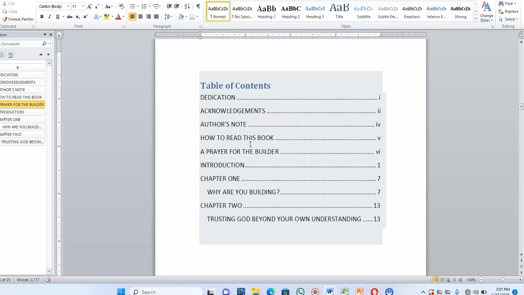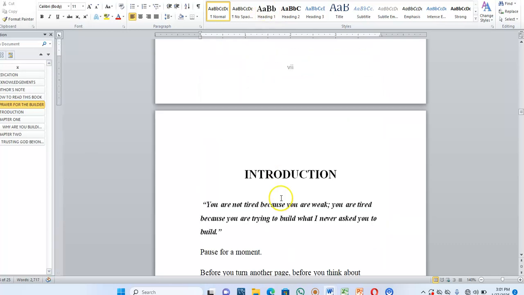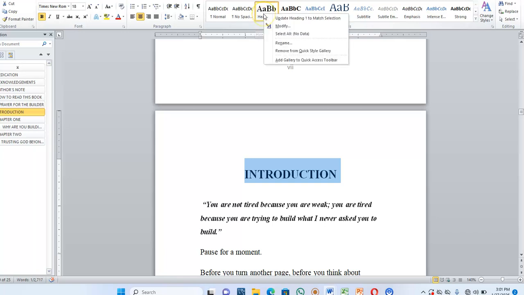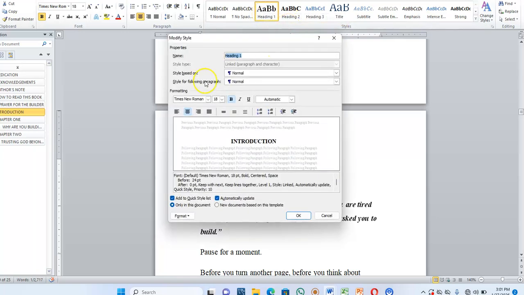So, to save yourself from all that typing of the headers and titles of each page one after the other, you just automate it. And how do you automate it? I showed us before. You highlight your headings like this and use one of these styles. If it's not fitting what you want, you modify it the way I showed us in the last video. How do you modify it? You right click on it, click on modify, and you set it